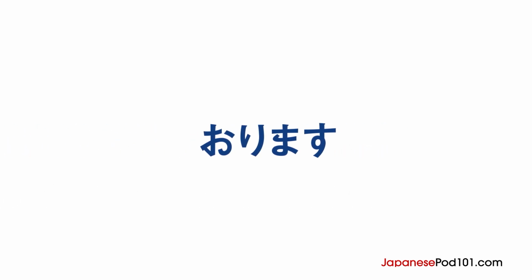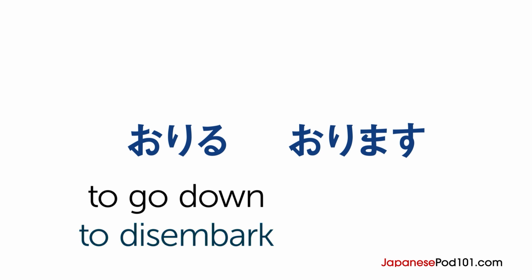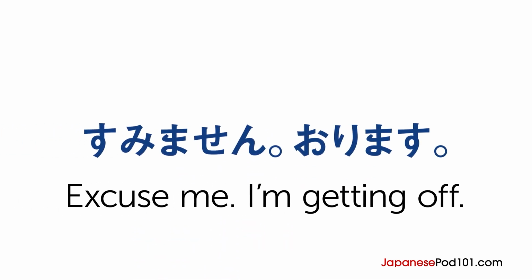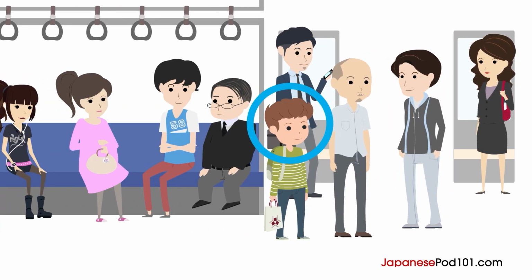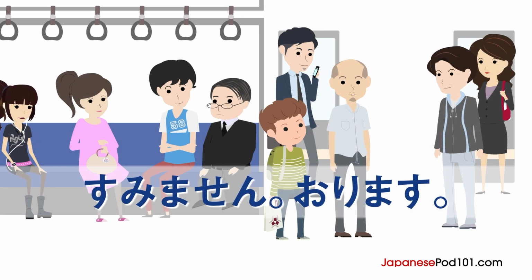Let's break this word down. It's the masu form of 降りる, which means to go down or to disembark. You can use this word anytime you're getting out of a vehicle. Now you try. Say Ben's line to get out of the train. すみません。降ります。